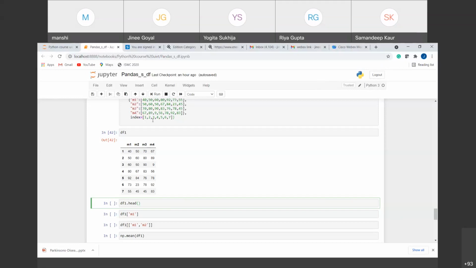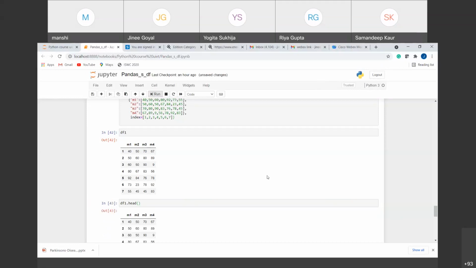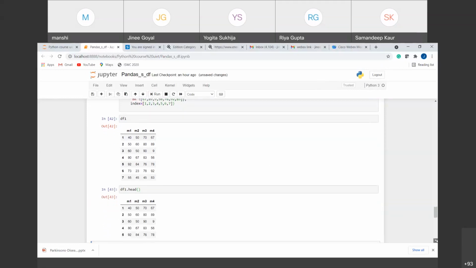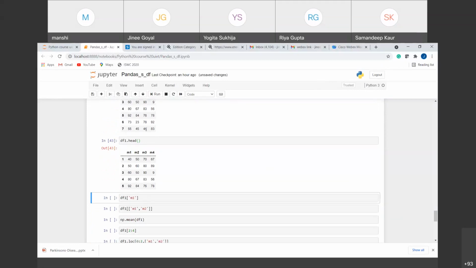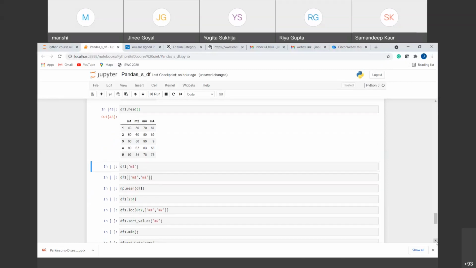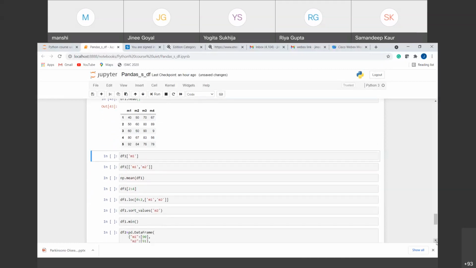So if I run this, you can see that instead of all 7, it has given me the top 5 rows. You can also get n number of rows out of it, like 2, 3, 4, 5, 6, and so on, and by default it is 5. So this is how you can get some values out of a data frame.